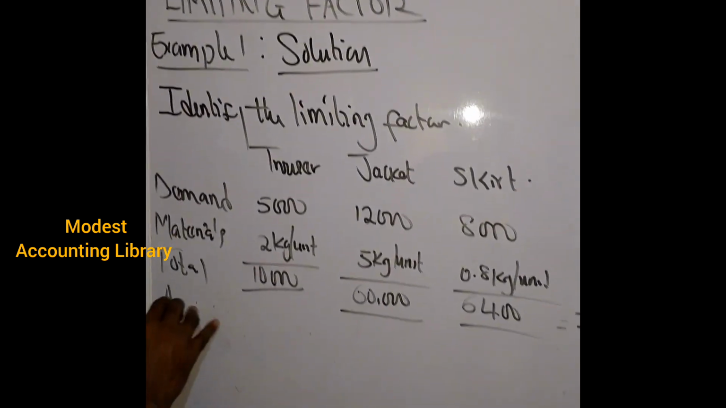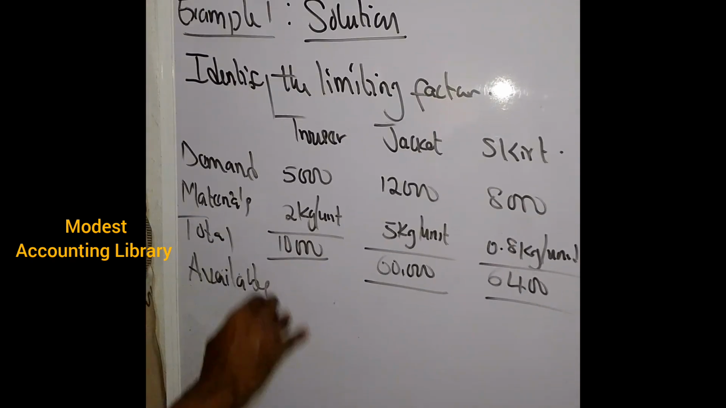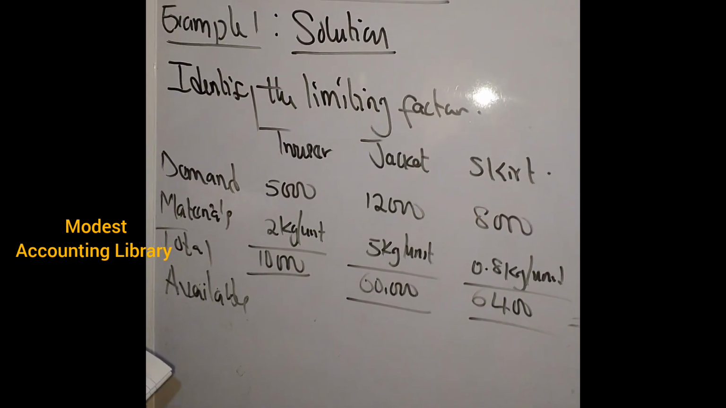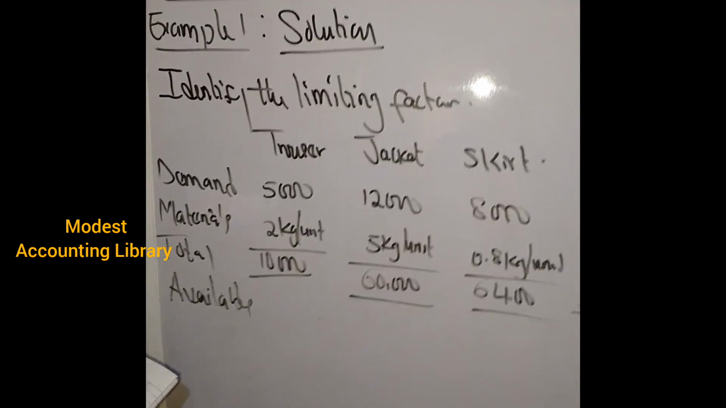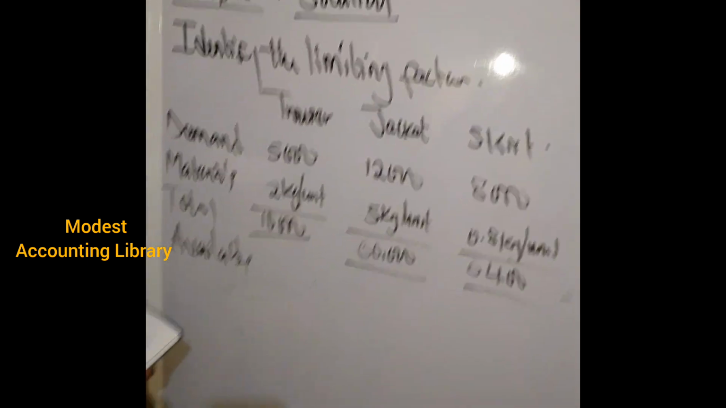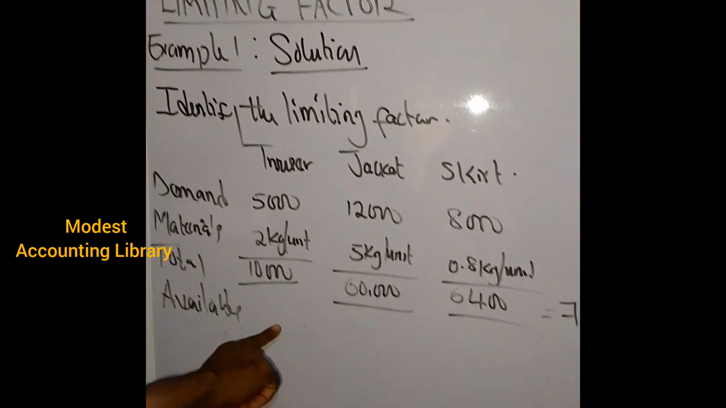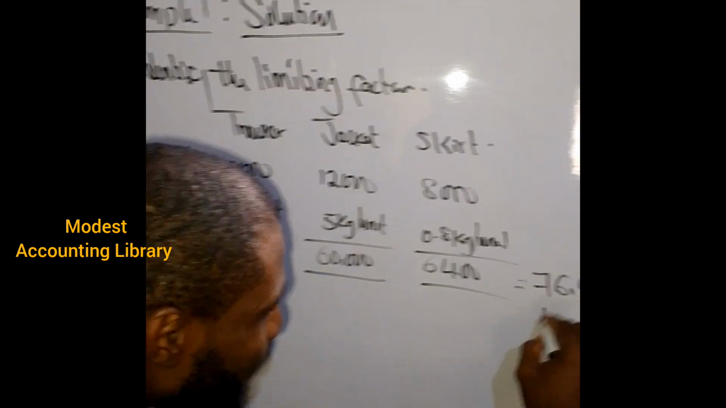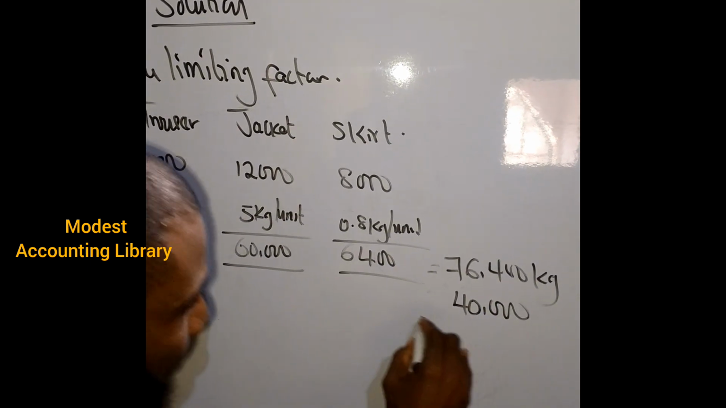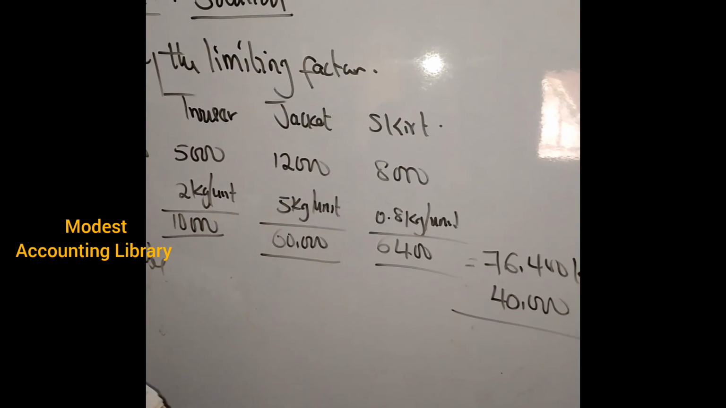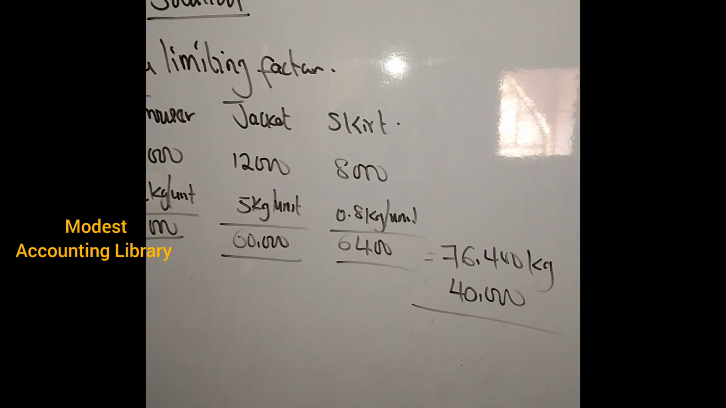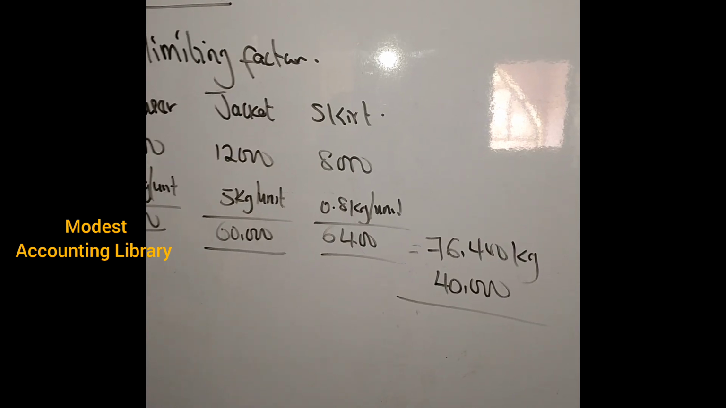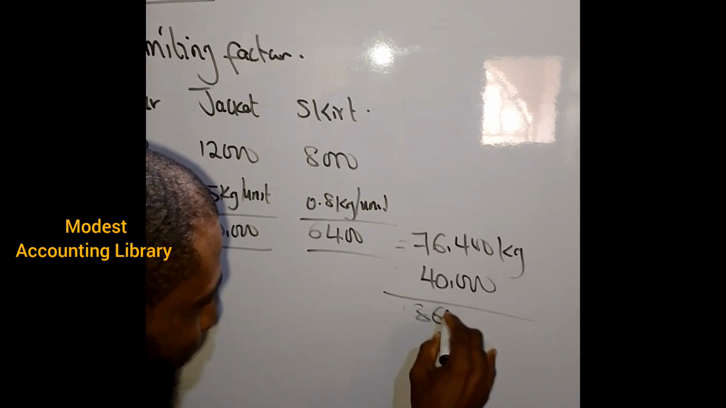Now, what is available? You now bring what we were given as what is available. Let's go back to the question. In the question, they told us that the total available for material is 40,000 kg. Remember we are calculating for material first. So I'm going to bring the 40,000 kg here. Now if I subtract, 76,400 minus 40,000, that will give me 36,400